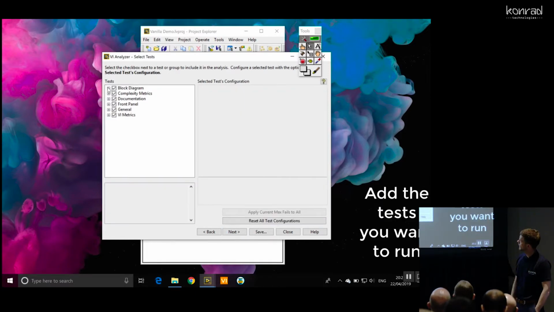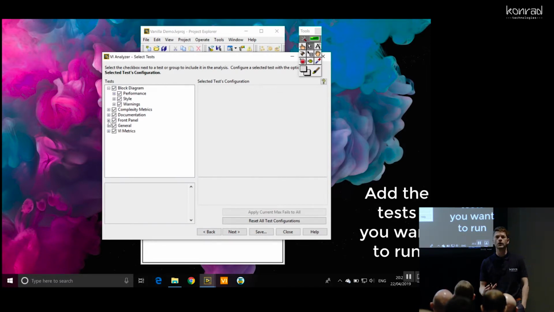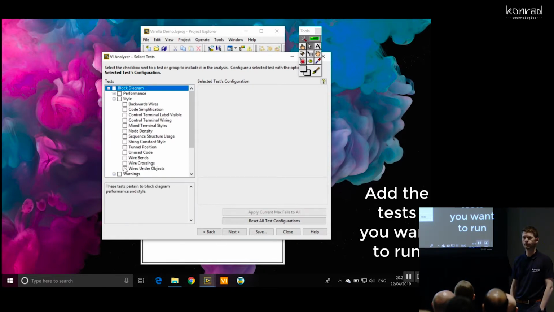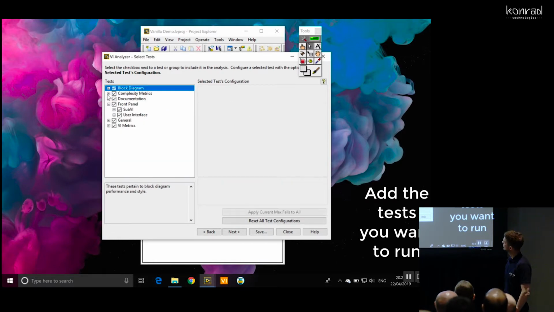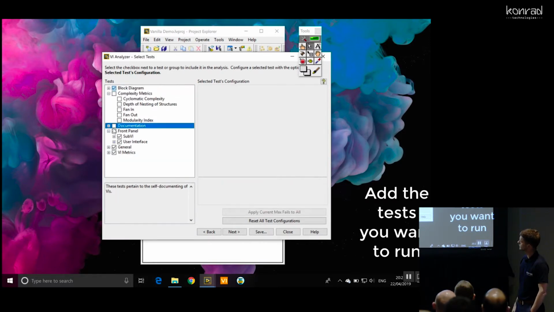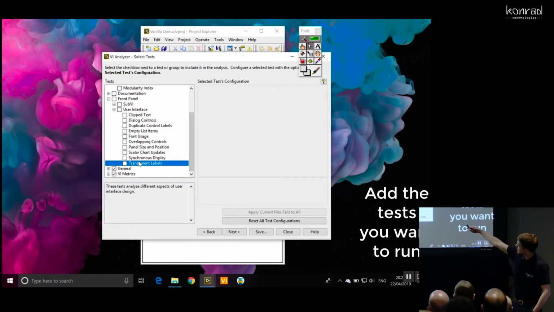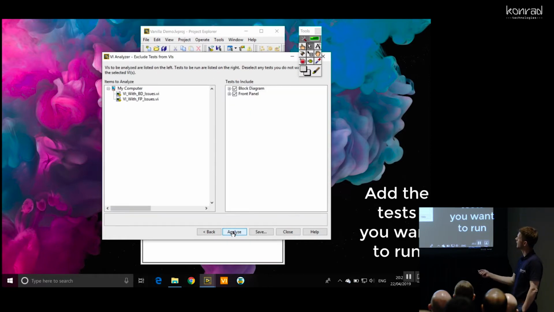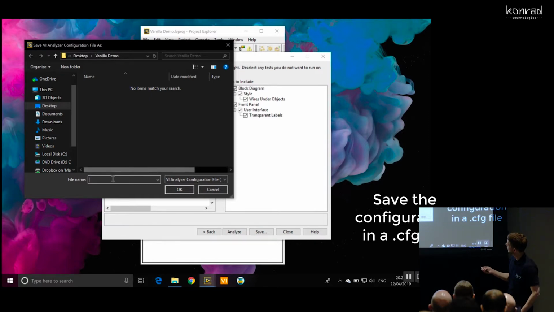So there they are listed, and I'm going to pick which tests I care about. In this case, I care about non-transparent front panel labels, and I care about wires under objects for this example. So I select those tests, and once I'm happy with that configuration, and you can see there's something like 97 pre-written tests. Maybe it's over 100 now, I don't know. But there's approaching 100 inbuilt tests that are provided by NI to test your code. So you can go through that list and select which ones are important for you, and then you can save